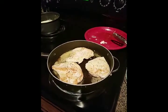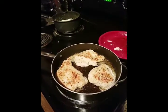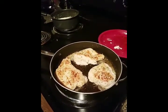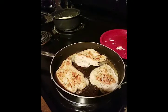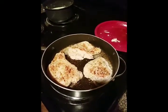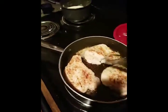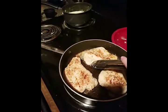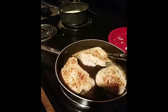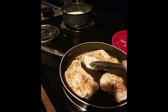Yum, it smells great in here. Okay, so now you can really see the color. I just flipped these again. So right now we have done 3 minutes on one side, 3 minutes on the other side, and now we flip them back over. After this 3 minutes, I'm gonna check them just to see. What I'll be looking for is that the edges are done, that's clear. So I want to feel the middle and see if it's the same